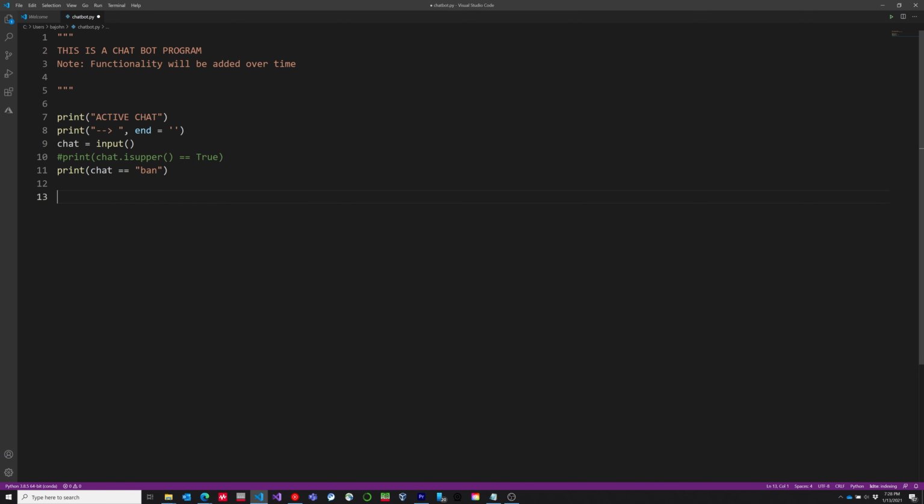So I'm going to write an if statement. The if statement will be if chat is upper equals true. And we're going to select this one here, right? With the colon at the end. Then we're going to print. So our bot will say, if all caps are upper, we're going to say